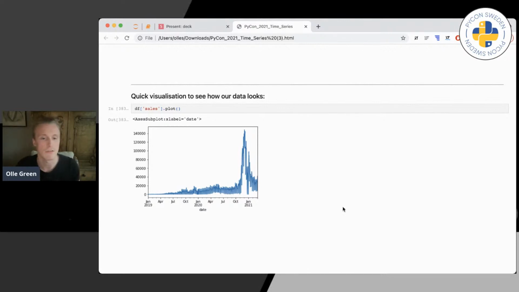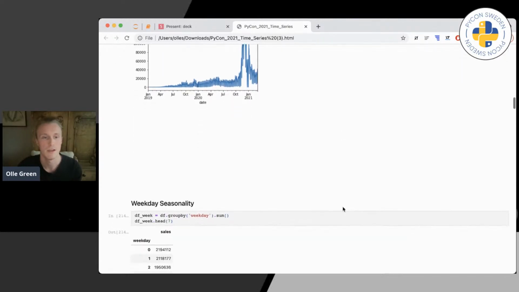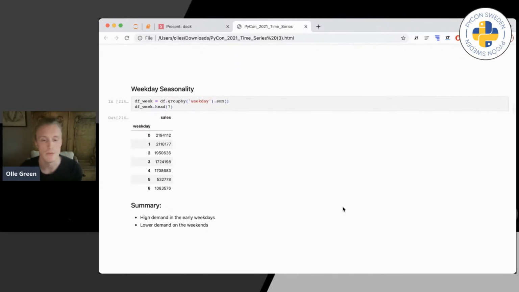So let's start by seeing if we can find some sort of seasonality here that we can use for our time series analysis. We start by just grouping basically the weekdays and the sum to see, are there some days that are on average selling more oranges than others? And we can see here that we have much more oranges being sold in the beginning of the week than later. In this case, weekday 0 is a Monday, and then it goes number 1 to Tuesday and so forth. So we see that the lowest number of oranges sold are on Saturdays and Sundays.